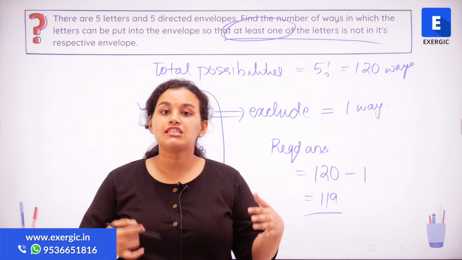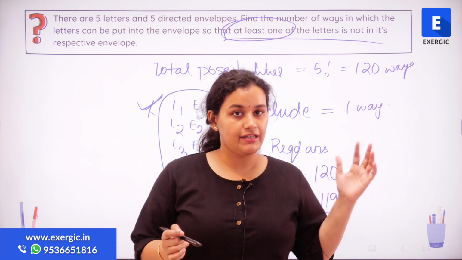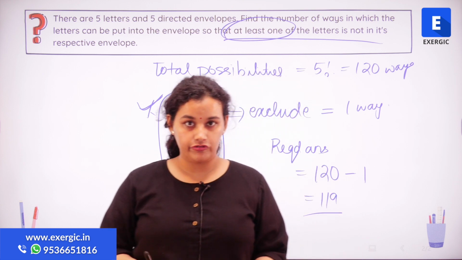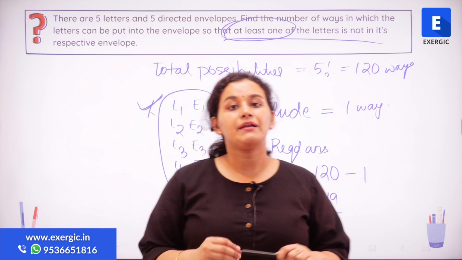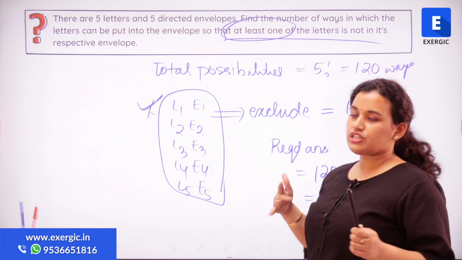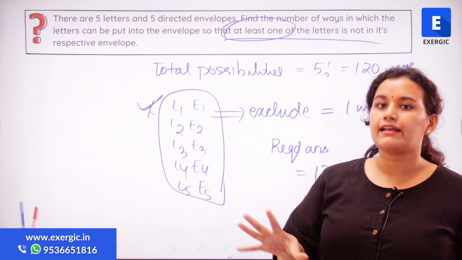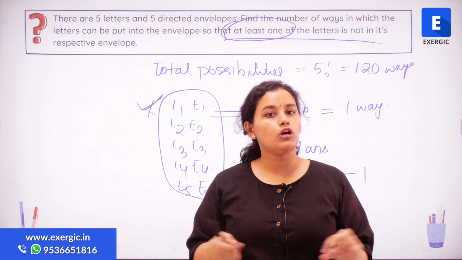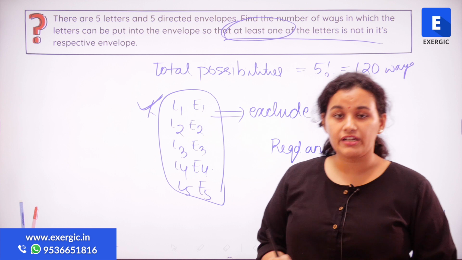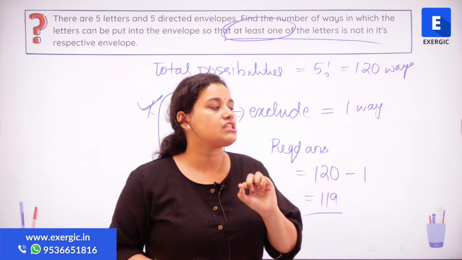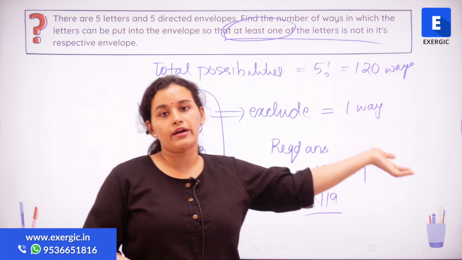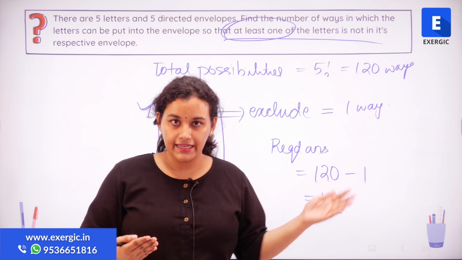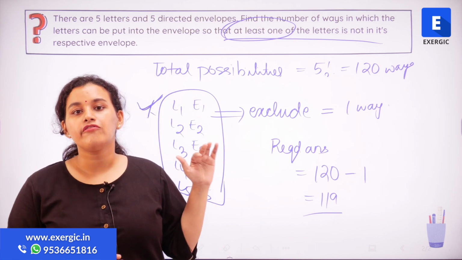So this question seems to be a derangement question, but it actually is not. I'm sure one of the options will also be 44 or the value of D5, but be very careful. Don't just look at the question and think that this is a derangement question and directly put in the values. If the question says none of them are going in their respective envelopes, then it's a straightforward question of derangement. However, if the question is changed a little bit, like they have said at least one is not going, then you have to think about the total possibilities that are there and what are we excluding from it.